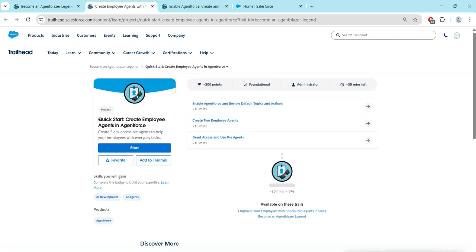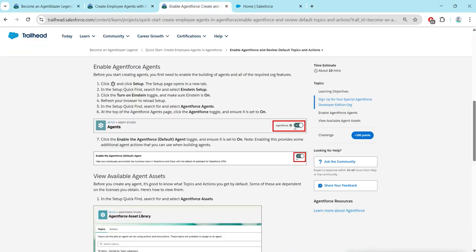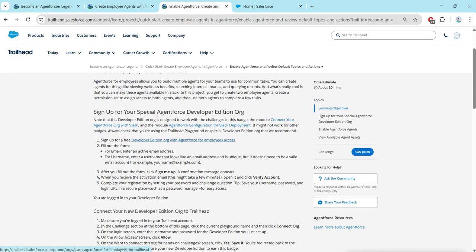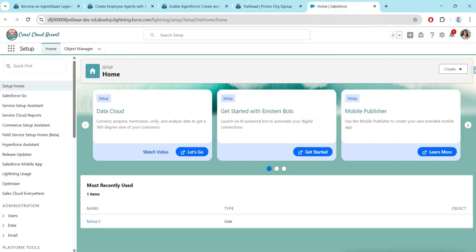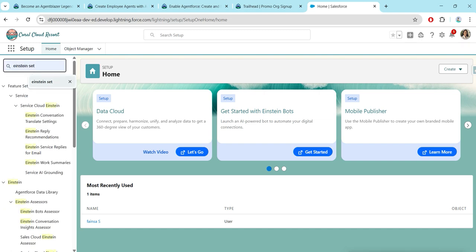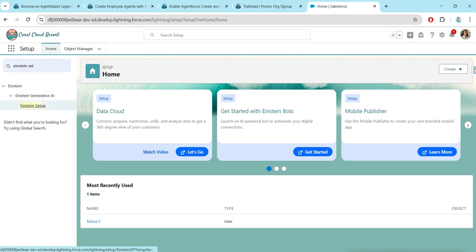And now let's take up this challenge. So for this challenge we have to connect with special developer edition, and then you need to connect that particular org. So once this is done, just click on launch and in quick find search for Einstein, so that you will get Einstein setup. Click on it